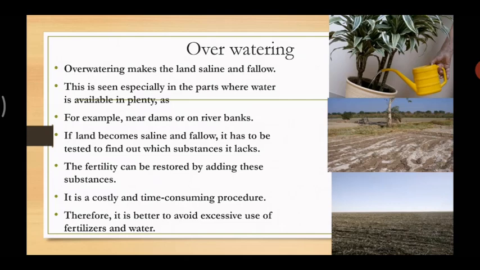And if land becomes saline and fallow, it has to be tested to find out which substances it lacks so that the fertility can be restored by adding those substances. But it is a costly and time consuming procedure. Therefore, it is better to avoid excessive use of fertilizers and water. So as the land gets fallow, you have to test it and it takes lots of time. So you should not add lots of fertilizer, so that the soil's fertility doesn't get destroyed. Okay,